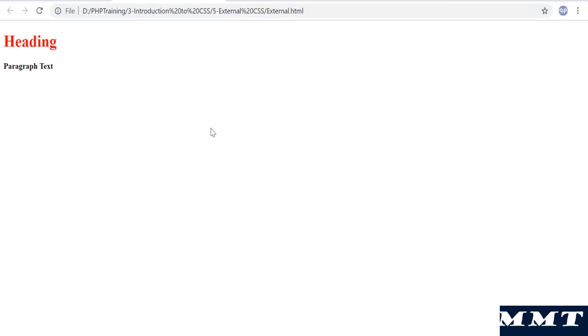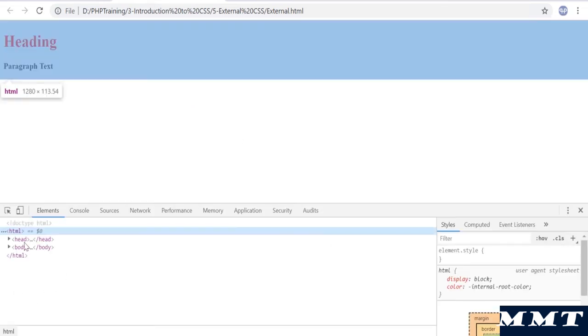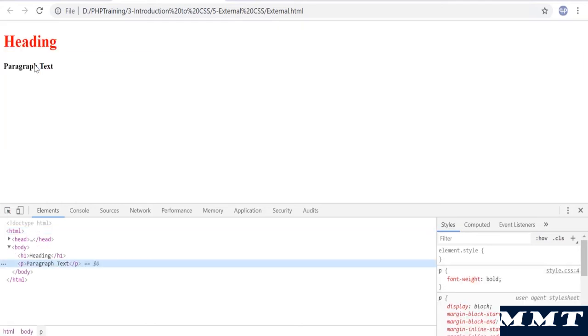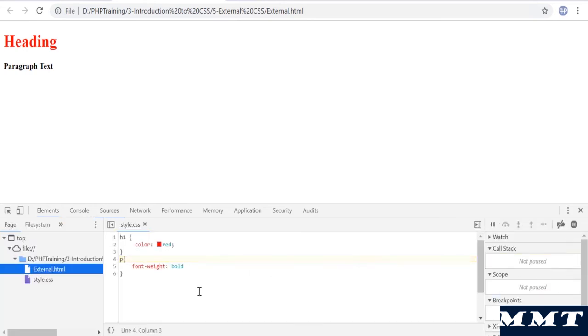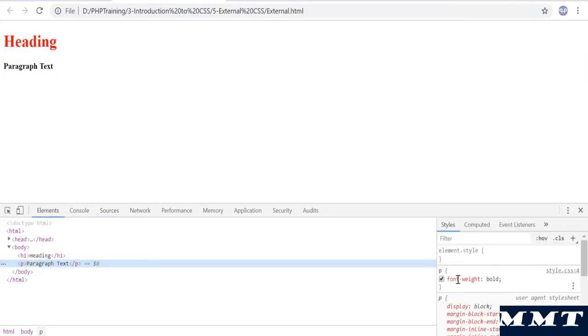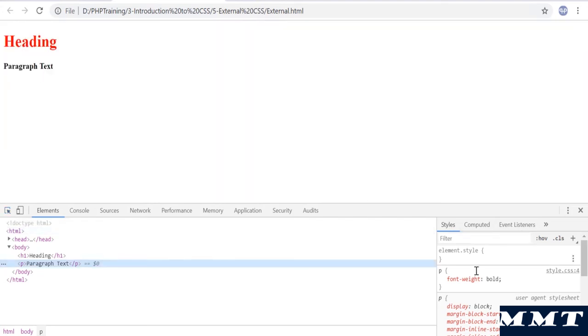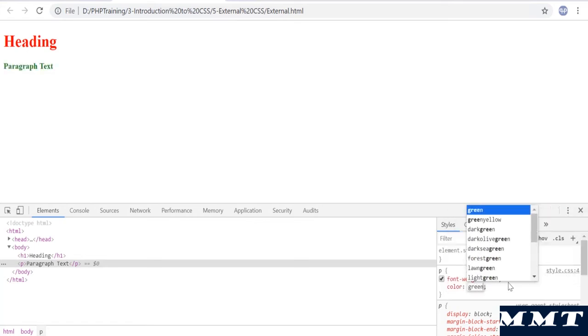Okay, so if you are using an external one, let's review the external CSS. Let's open that up, go to inspect mode and then go to paragraph. Right, you can see it's style.css. So now you know this setting is coming up from style.css. You can click it and open that file. Okay, but the best way is you go to elements. Okay, and then you use this arrow to mark that element, then go to styles, and then you can add your own settings here. Okay, I can say color is green.